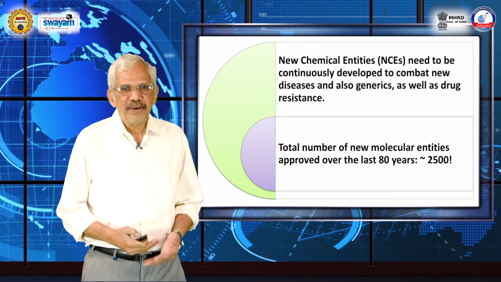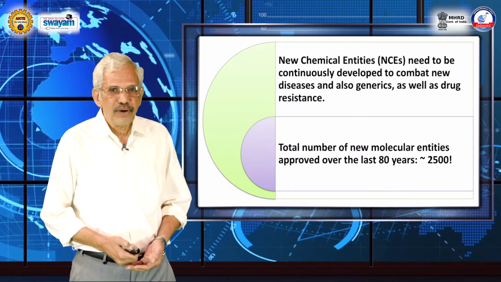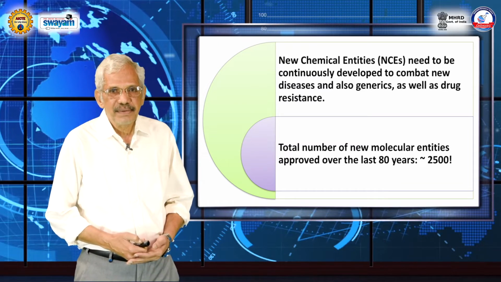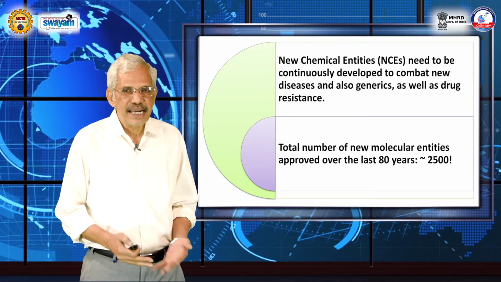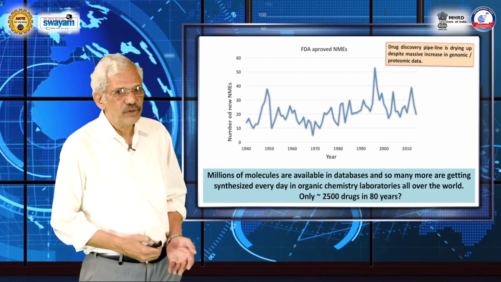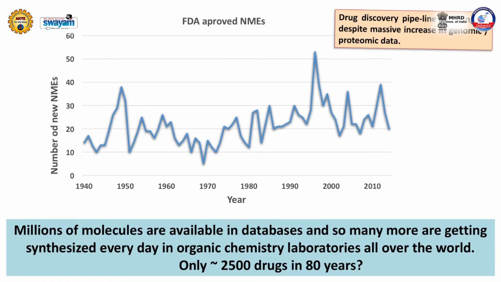Well, why is it that people have not been doing it? Well, they have been doing a lot of drug discovery over the last 80 years, but pharmaceutical R&D is very expensive. Now, if you focus on the number of drugs developed over the last 80 years, here I am showing the statistics from the Food and Drug Administration. NME stands for new molecular entities. How many molecules have come about?